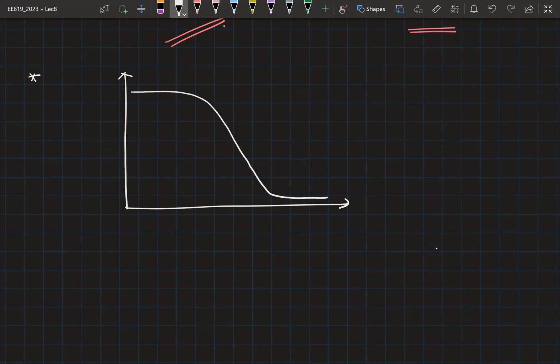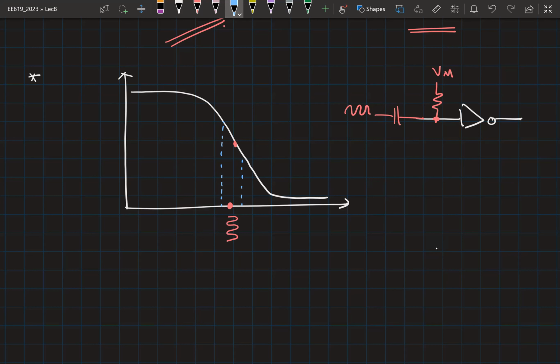So now if I take an inverter, right, let's say I bias it somehow to the midpoint voltage and I apply a small swing here. So I'm biasing it to the midpoint voltage, and around this, I'm giving a small swing. Now this corresponds to 2 points here,